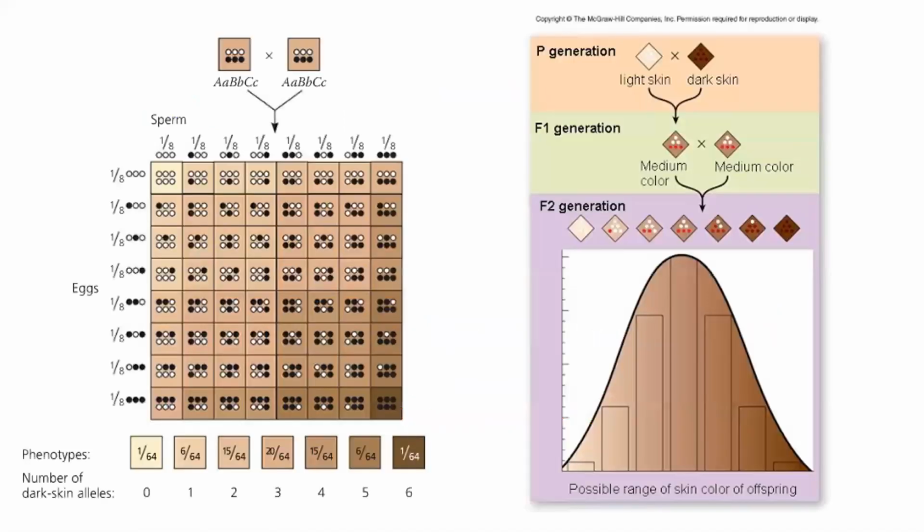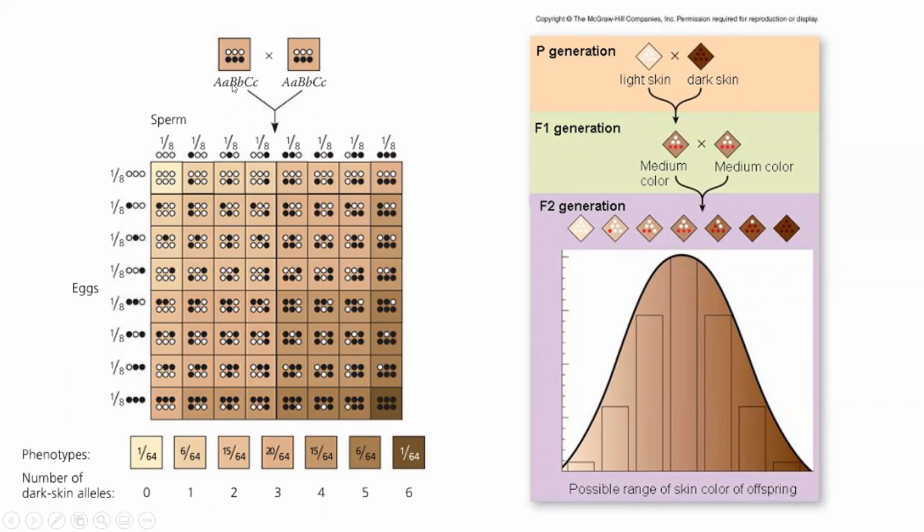So with these kind of characteristics, because they're controlled by more than one gene, the good news for you guys is we're never going to ask you to try and make a prediction. You'll never have to do a genetic cross for anything that has more than one gene. But just to give you a little bit of insight as to why we get this continuous variation, you can see